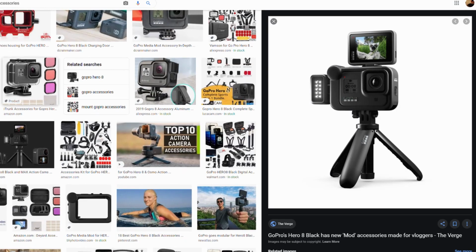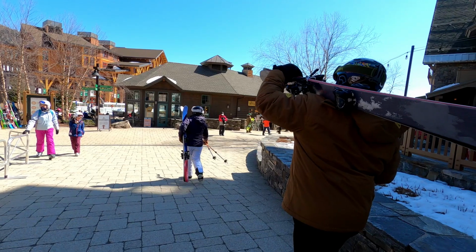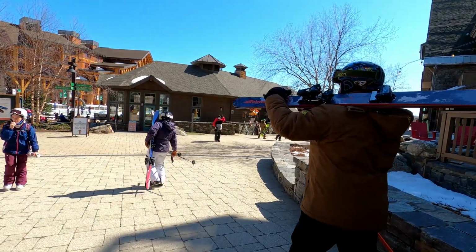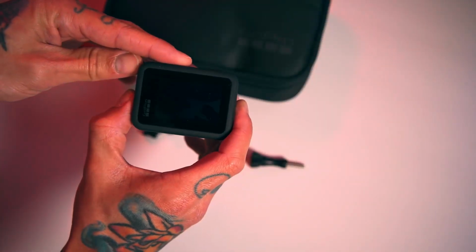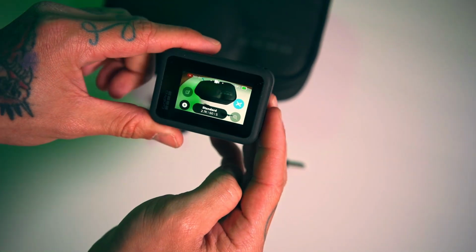I don't have a huge frame of reference as far as GoPros are concerned because I've only ever used the 7 briefly. So if it seems like I'm comparing the 8 to something, that's what I'm comparing it to, the 7. The first thing I noticed immediately about the GoPro Hero 8 Black that I really liked was how easy